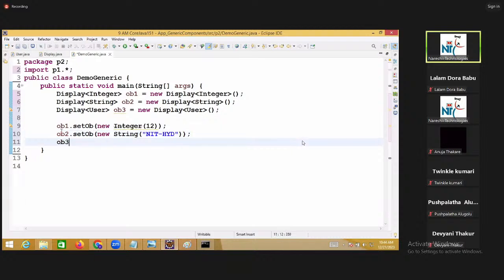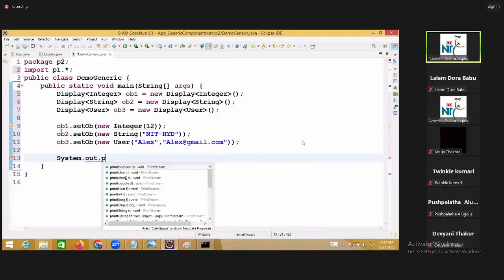Here ob3.setObject, new User passing alex and alex@gmail.com. Now display them.